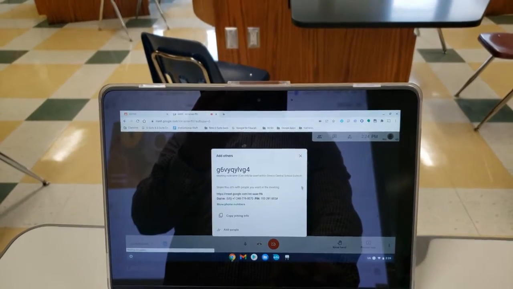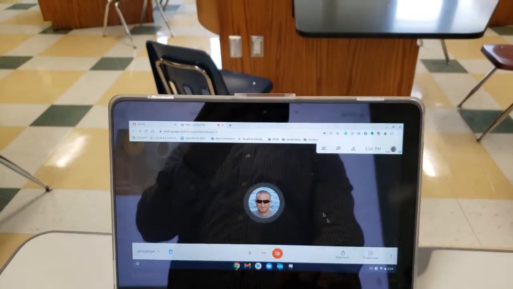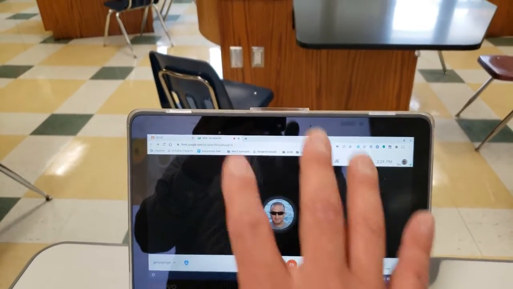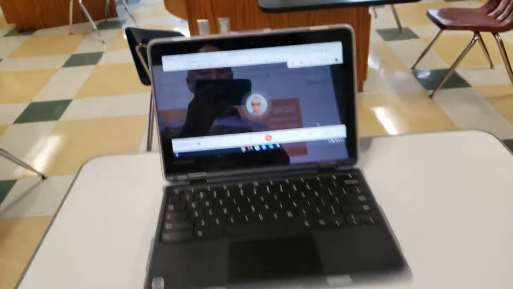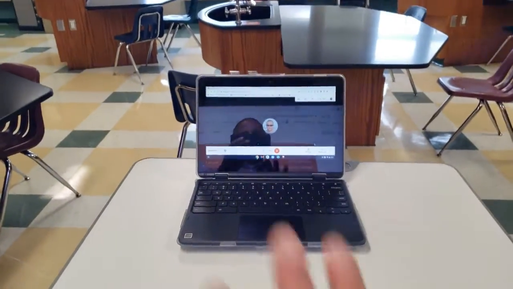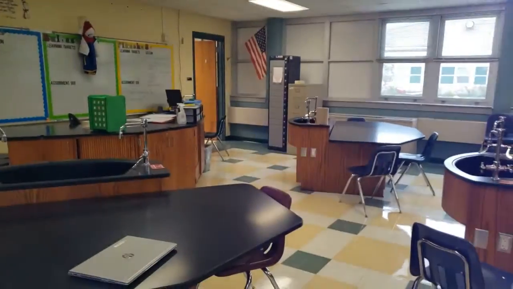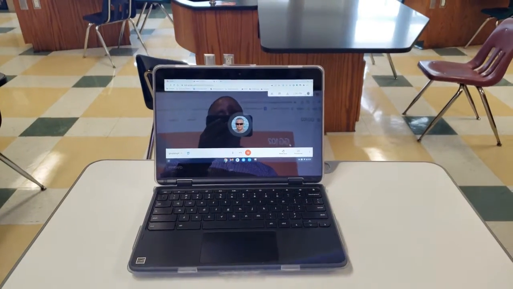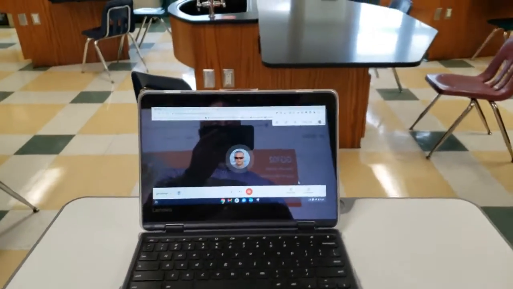So now what this is going to allow me to do is I could set up my screen to be tiled, and I could see all of my students here, and I know that when I look at this Chromebook, I'm looking at my students that are at home, and I could also look out at the students in my classroom. So now when I want to present and to avoid the feedback, I am now going to turn and